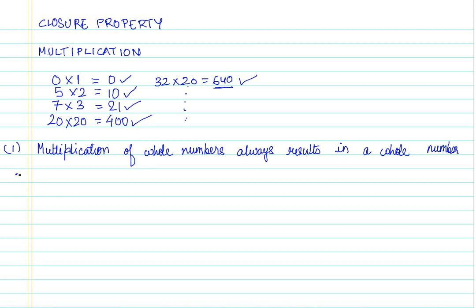And as a consequence of this, we can conclude that whole numbers are closed under multiplication. The closure property implies that whenever we multiply two numbers, the resulting number is going to be